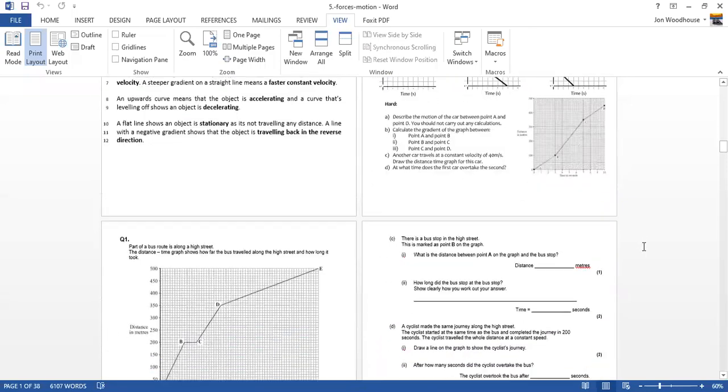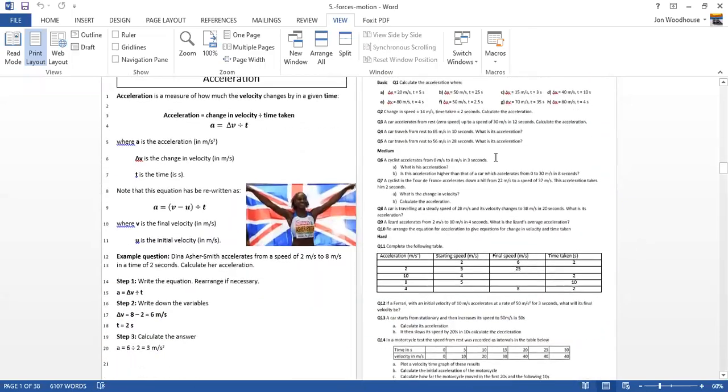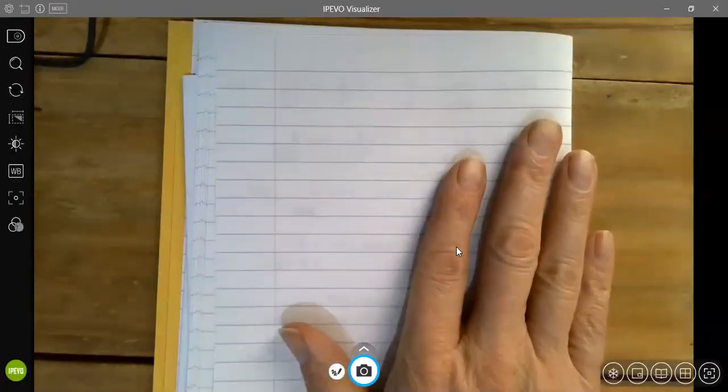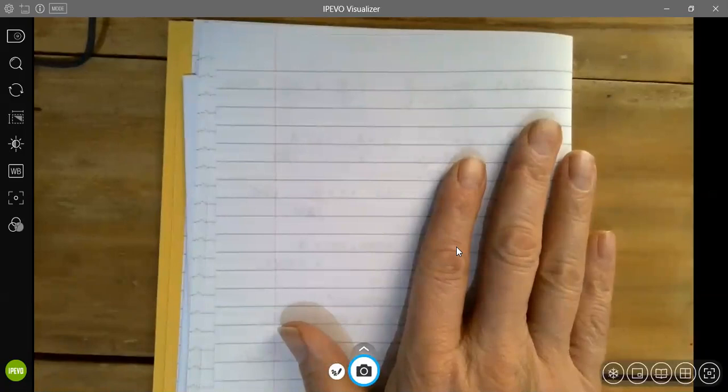So if you scroll down, you will see we've got some questions on acceleration here. I believe we did quite a few of these in class. I'm only going to do a couple. So with that in mind, what we need to think is acceleration is change in velocity over time. So, there we are. So, if you look at some of your questions, let's do a nice